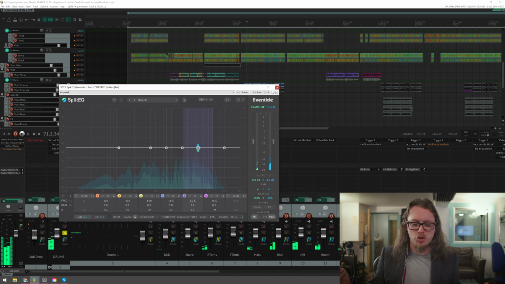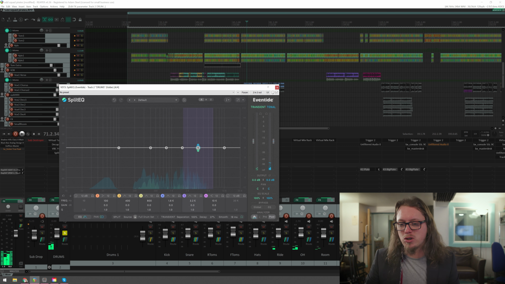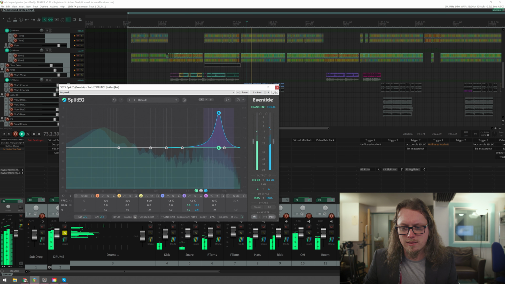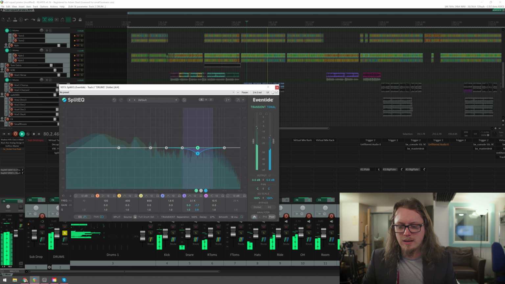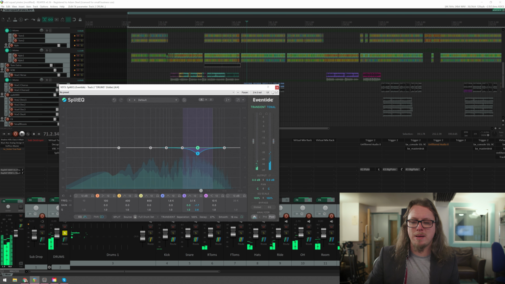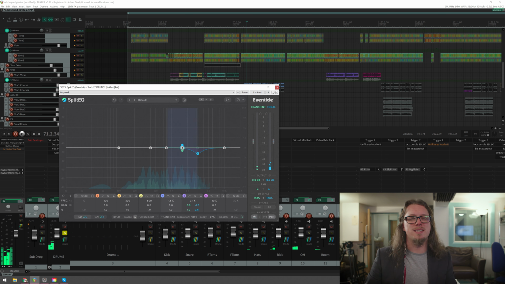So if we had, say, a drum loop that was already baked in, I could now go and use this and find a kind of horrible frequency in the overheads, which is what I'm going to do. I'm just going to make this a little bit narrower. And there was a frequency I didn't like in there. And I just took 2 decibels off that frequency without affecting the snap of the snare, without affecting the woomph